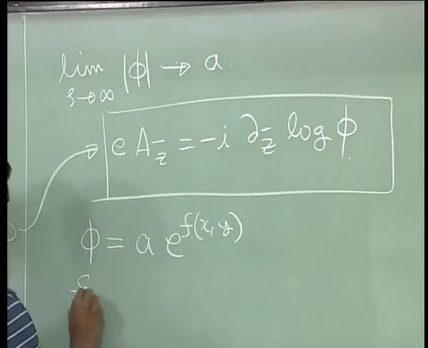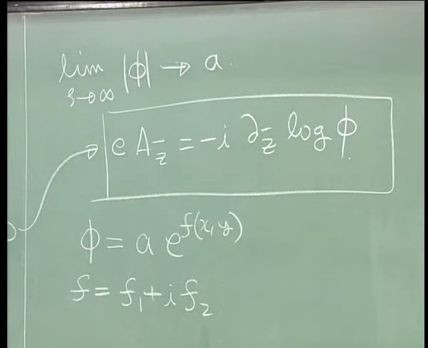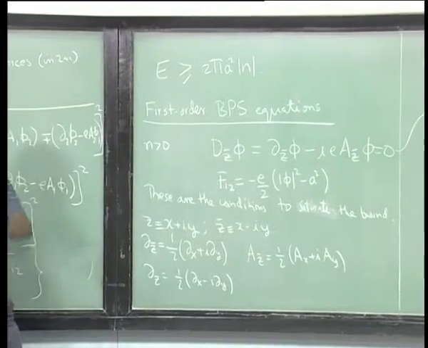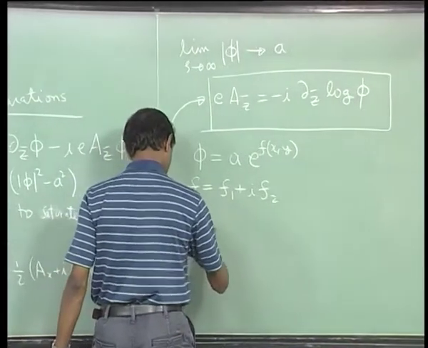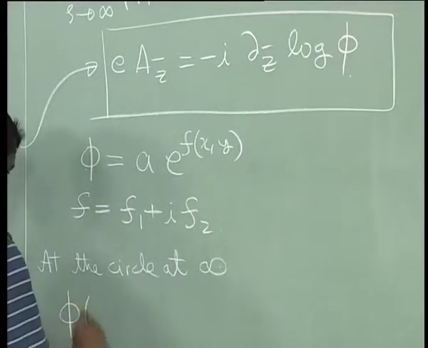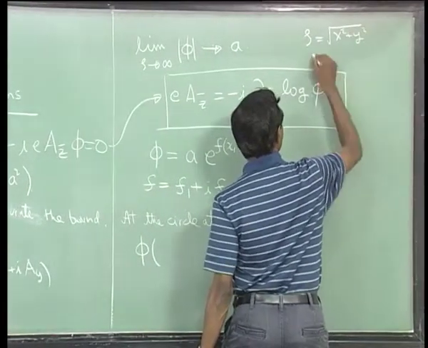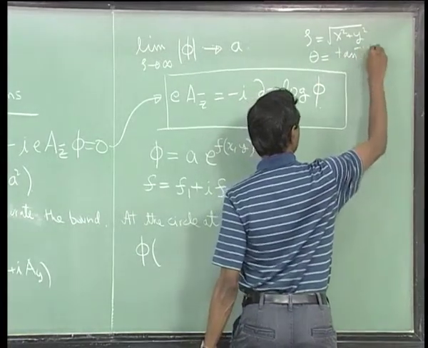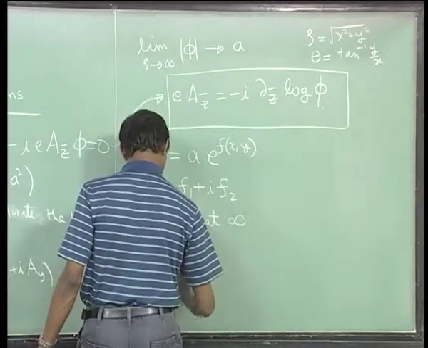So, we can write f of x y. I am just getting around to simplifying these equations, and another thing we know is that if n is greater than 0, as you go around in the circle at infinity, one more thing we know is that at the circle at infinity, rho is just plane polar coordinate, and let us say write theta as y inverse. Okay. So, phi of rho